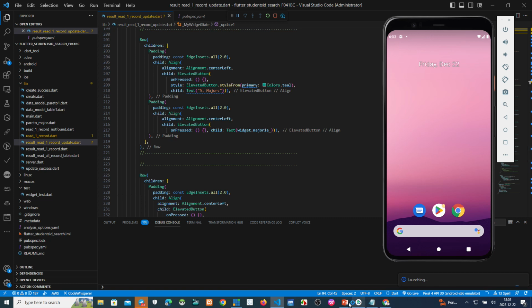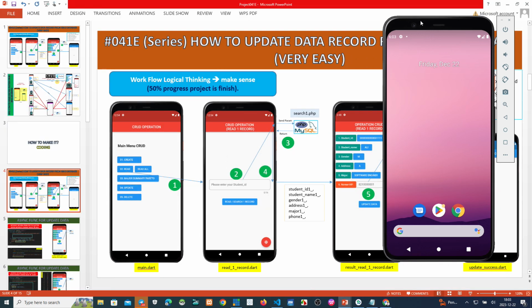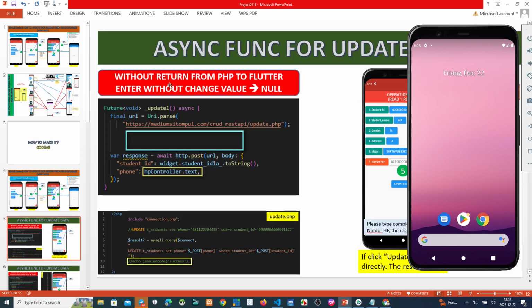Okay, after you put it here, you must run the script in this Flutter asynchronous function. You must run update one first.